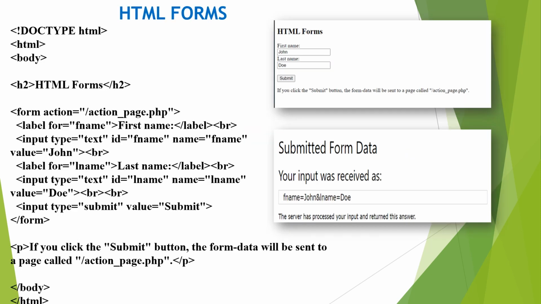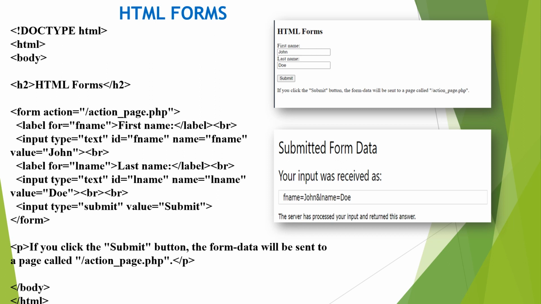And then moving to HTML forms, this is the basic structure of an HTML form. Here we use the form action, input type, and label. In the form action, we need to define the action; the user action is specified in the form action. In the label field, we give the names for the labels. Here, label for equal to fname defines the first name of the user, and for the particular label we